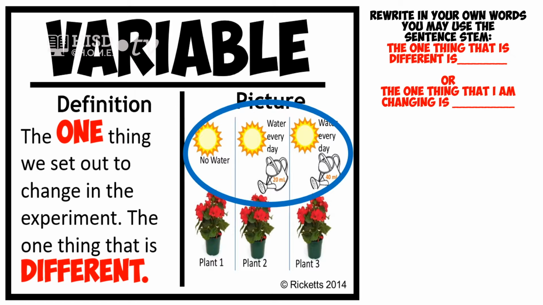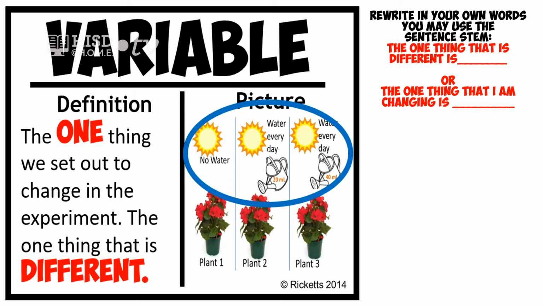So I'm looking at this picture and I see three plants and they're identical. They're the same plant. Plant 1, plant 2, plant 3. And I'm looking at the suns, and the suns are identical in each plant picture. But I'm looking at the water, and the first plant we're giving absolutely no water to. The second plant, we're watering it every day with 20 milliliters of water. The third one, we're watering also every day, but with 40 milliliters of water. So the one thing that we're changing, the one thing that is different, is the amount of water we're giving